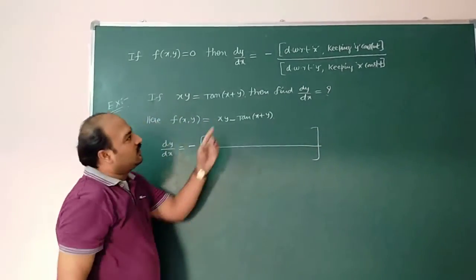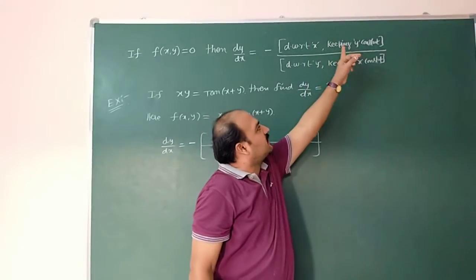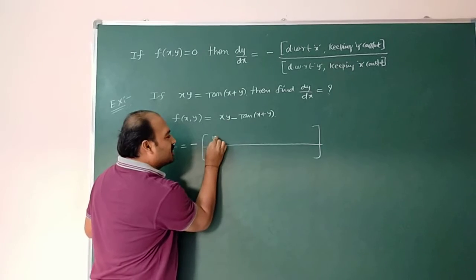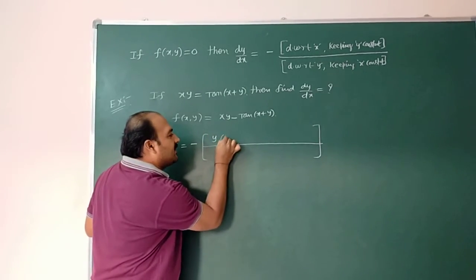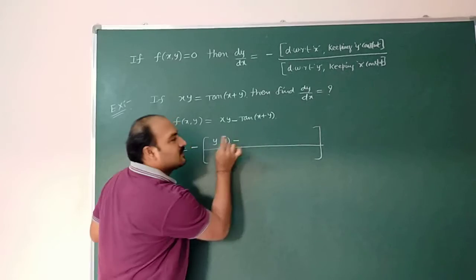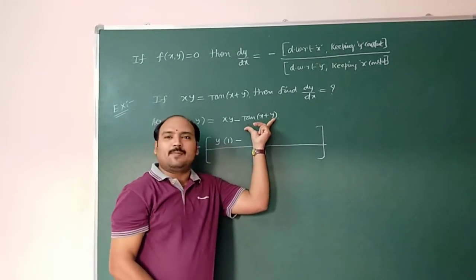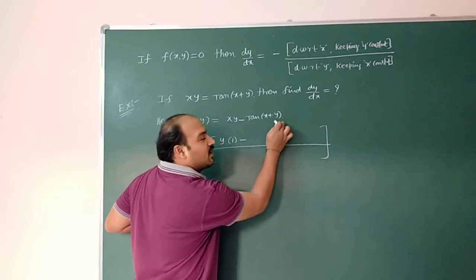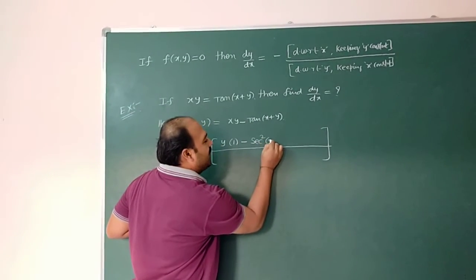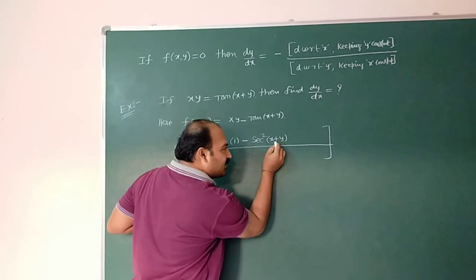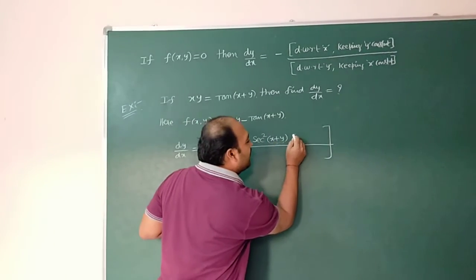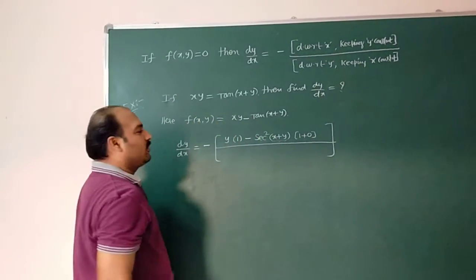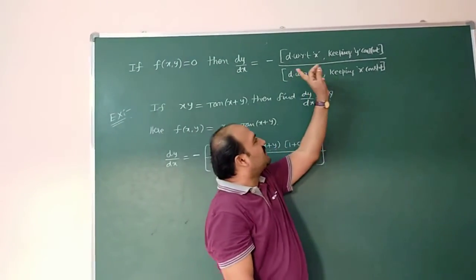in the numerator, differentiating with respect to x keeping y constant. In this, y keeping constant, d/dx of x is 1, minus tan(x plus y). This complete function you have to differentiate. d/dx of tan x is secant square x, so d/dx of tan(x plus y) is secant square of (x plus y), again x plus y you have to differentiate. X derivative is 1 plus, keeping y constant, derivative is 0, divided by, same procedure, differentiate with respect to y